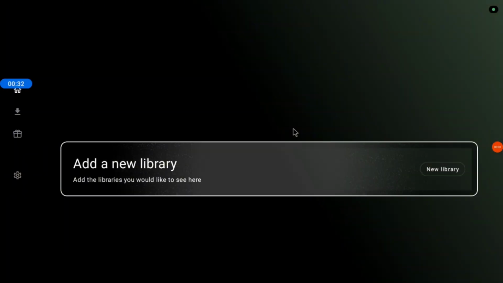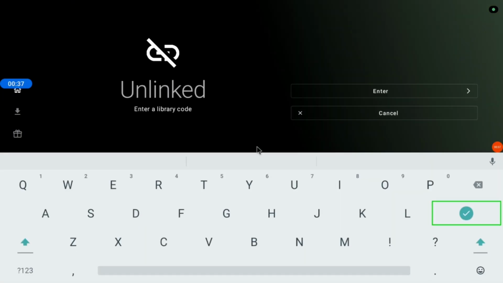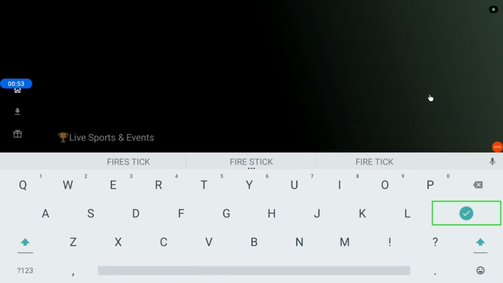click on New Library. The library we're going to be using is the Fire Stick library to download this application. So type in Fire Stick exactly as you see on the screen. Be mindful to use capital letters. There's no space between Fire and Stick. I-C-K. When you have Fire Stick as the library code, click on Enter, and you should be greeted with this